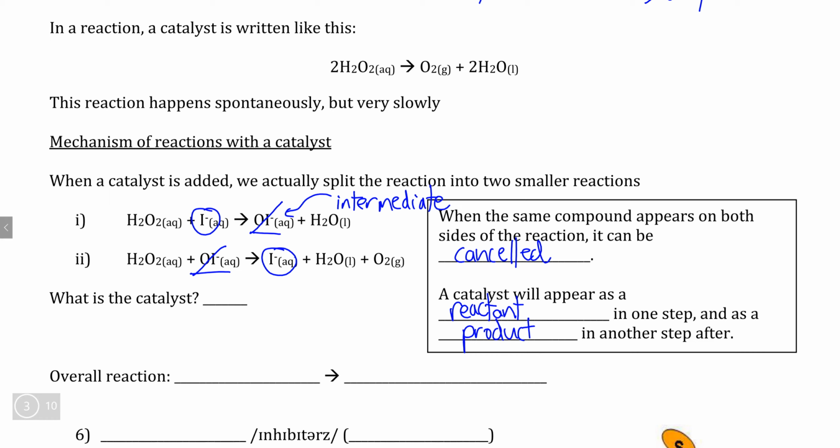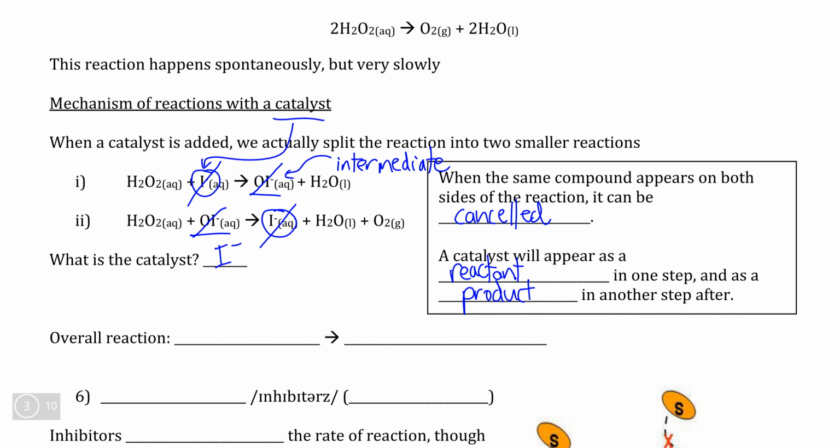And why does it begin as a reactant? Well, if it begins as a reactant, it clearly is not an intermediate because it isn't a product that is consumed at a later step. And the reason why it appears as a reactant in the first step is because we put it there as a catalyst. So we can see that iodide appears in both steps, allowing it to be canceled, but because it appears as a reactant before a product, because we put it there, we can clearly identify that iodide is the catalyst in this case. And if we rewrite our equation where all of the intermediates and catalysts have been removed,